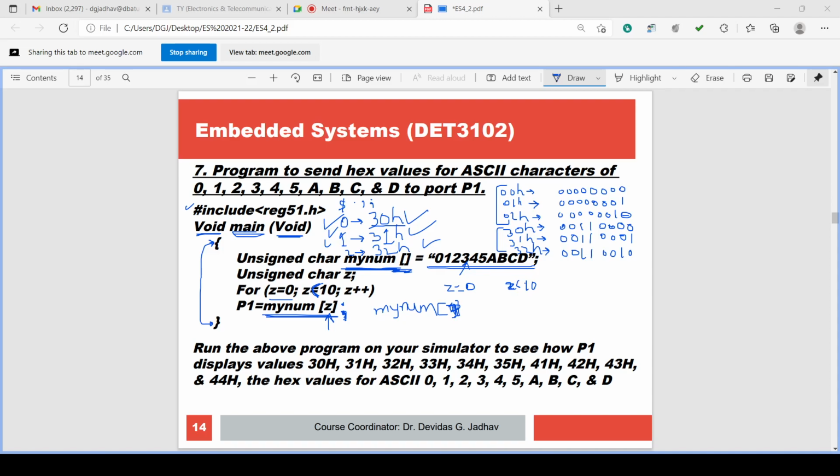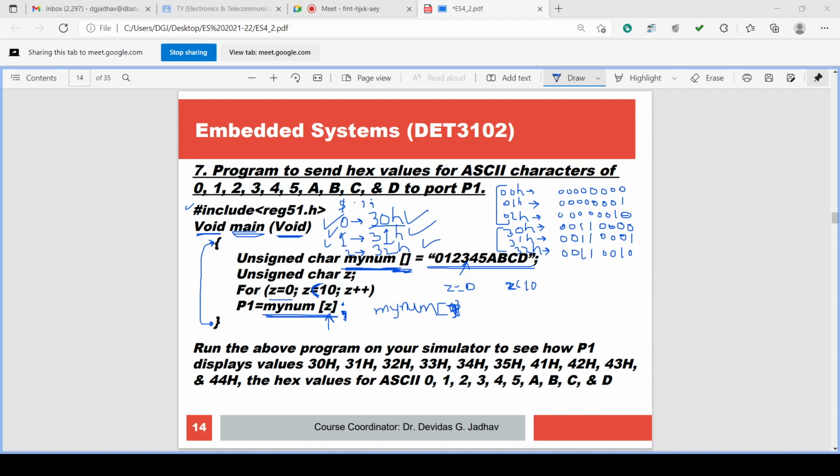So we are sending to port 1 the hex values of the ASCII characters. And here it is given in the statement which ASCII characters we have to send.